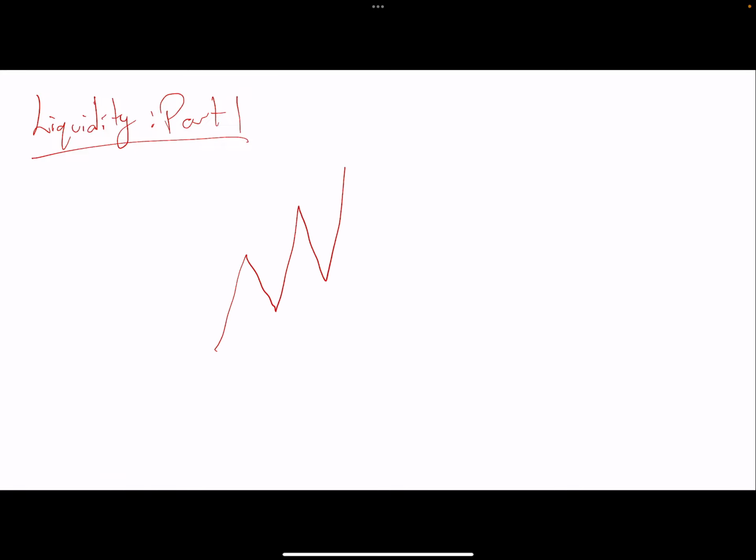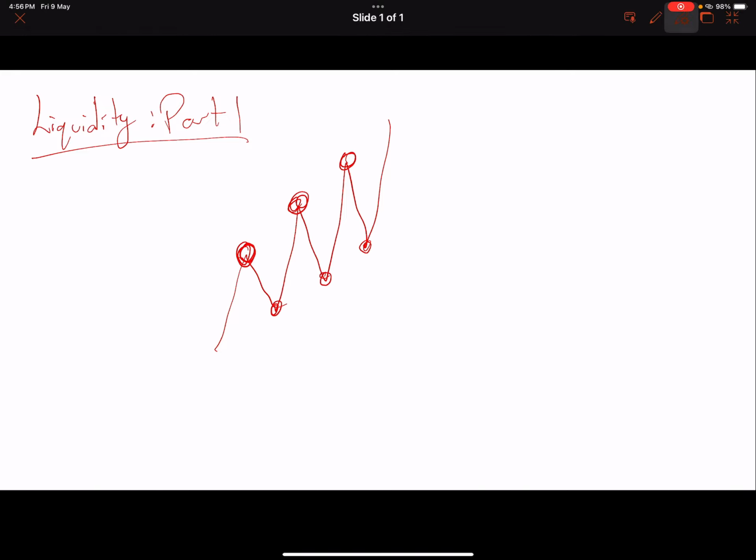So today I'm going to explain to you what is liquidity. This is the first part of the series, part 1. So what is liquidity? Let's say the market is moving up and down, up and down. At every move on a higher high that the market is making, and even the higher lows that it is making, the market is actually seeking liquidity. So liquidity is at this point. Same thing here. I'll mark it BL, buy side liquidity, buy side liquidity.